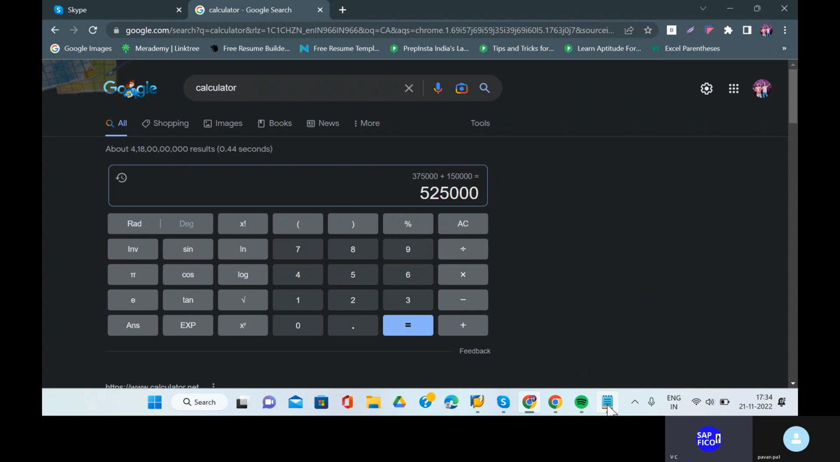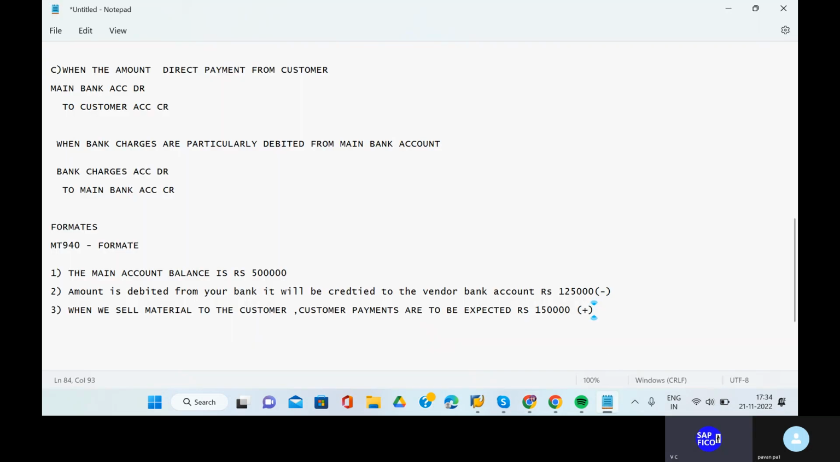Okay, so then next step. Go to the notepad. Revised fourth point is revised main bank account balance. Main bank account balance is how much? 5,25,000 rupees. This is how this electronic bank statement is generated, and we are going to see these things in